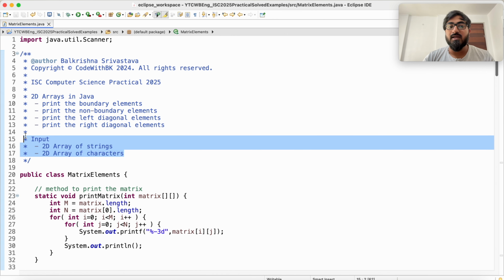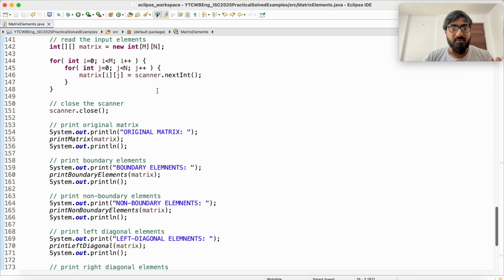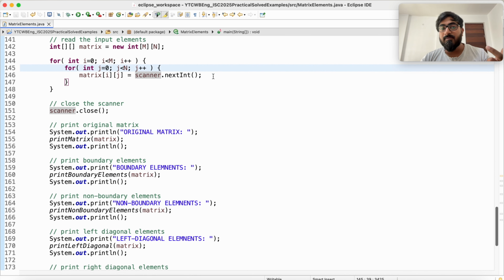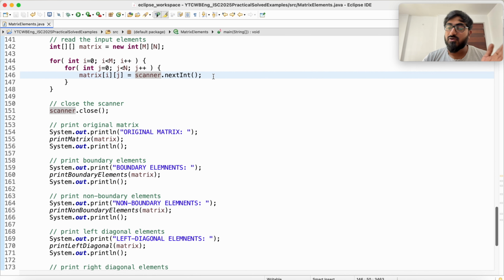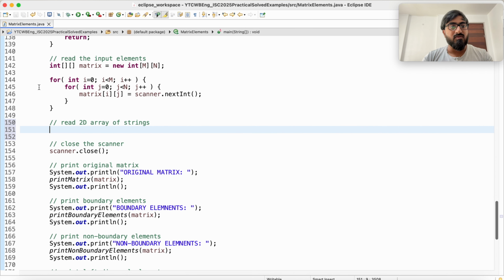Now what if you have to read a 2D array of strings or characters? All you have to do is replace this by next to read the next string. And if you have to read a 2D array of characters, you read next, you read a string and then you extract the first character. So, read 2D array of strings. All you have to do is